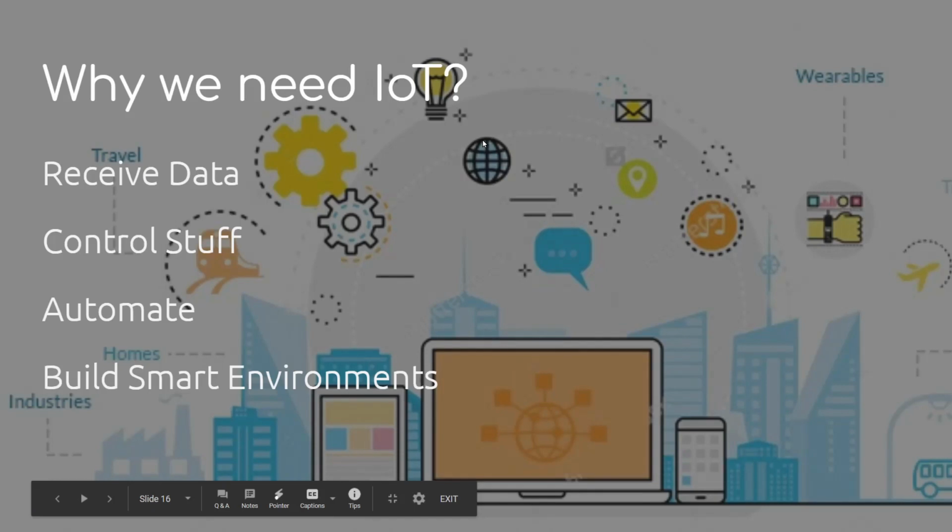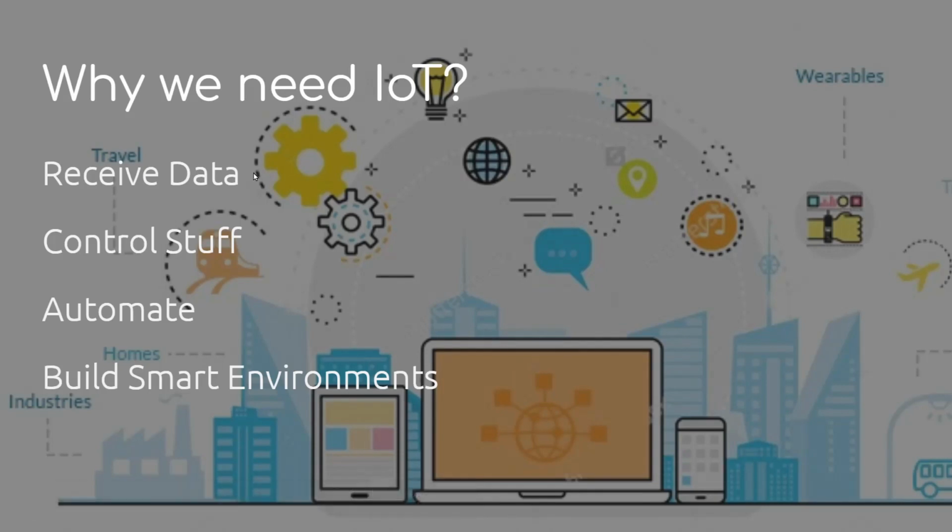Then why do we need this IoT? The first and foremost idea of having an IoT is to receive or collect the data. Then we have to control the things. It may be a factory, or your home, or your TV, or your production line in a factory. Then we have to automate it in the sense that I don't want to intervene. I'll just give an example. Whenever I launch Amazon Prime on my phone, my TV has to automatically start. There is something called Chromecast, where a particular movie which is searched on my phone should be launched on the TV and automatically played. That is an example of automation.